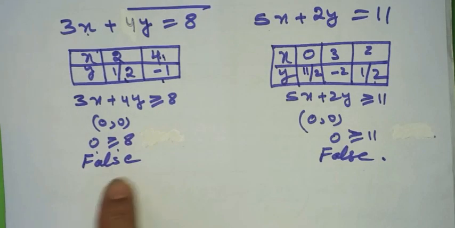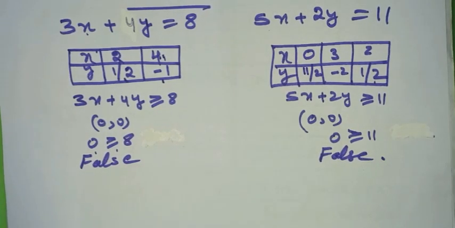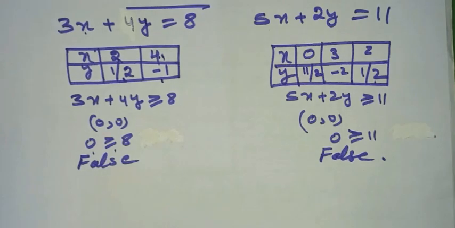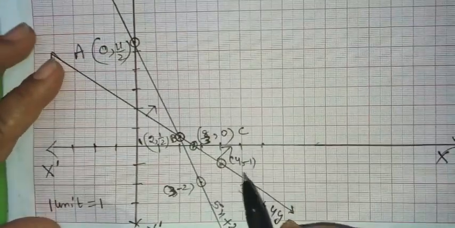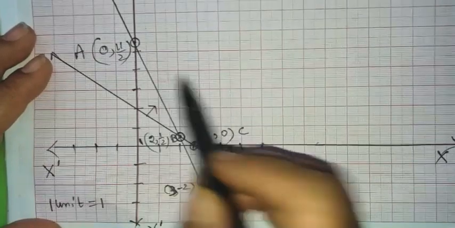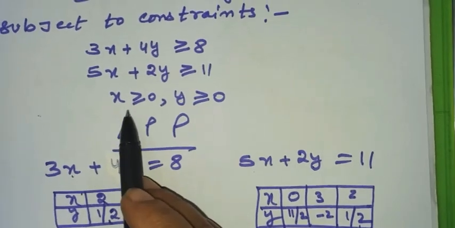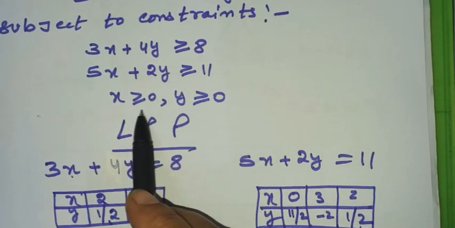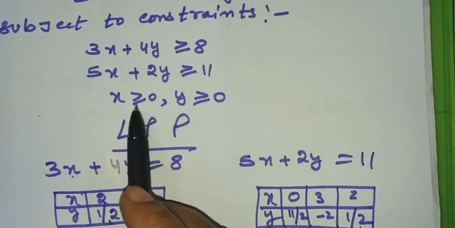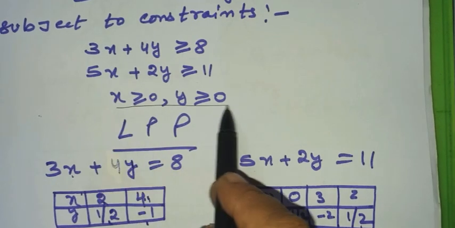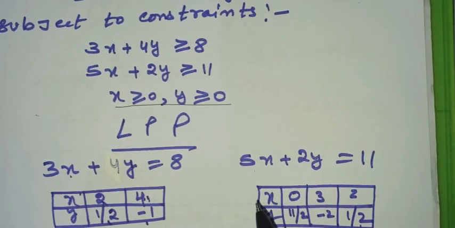So, we are getting both the statements to be false. That means both the lines will be shaded away from 0. So, I can see this will be shaded away from 0, this will be shaded away from 0. But there is a third constraint also, and that is the natural constraint. That means whatever will be the shaded region that will lie in the first quadrant. We have to take only that part of the shaded region that lies in the first quadrant.